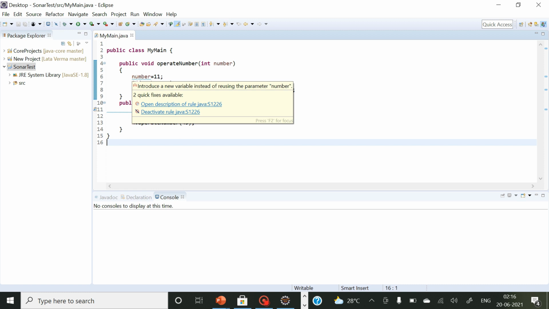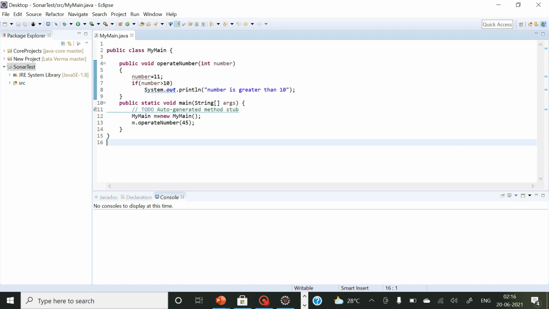If you are reusing the parameter by assigning some value, that means this parameter is not of any use, so it's better you create another variable. So SonarLint is analyzing your already existing code also. This was my existing code and it is analyzing it after getting added into the IDE.